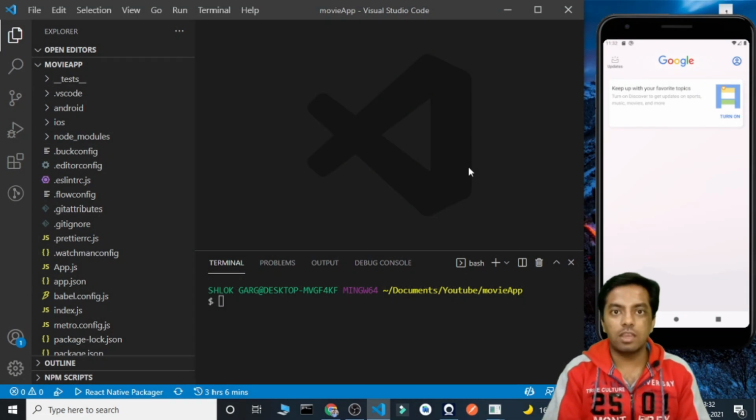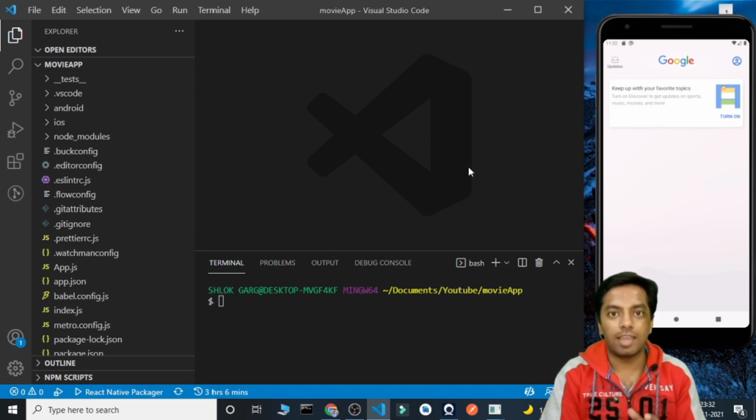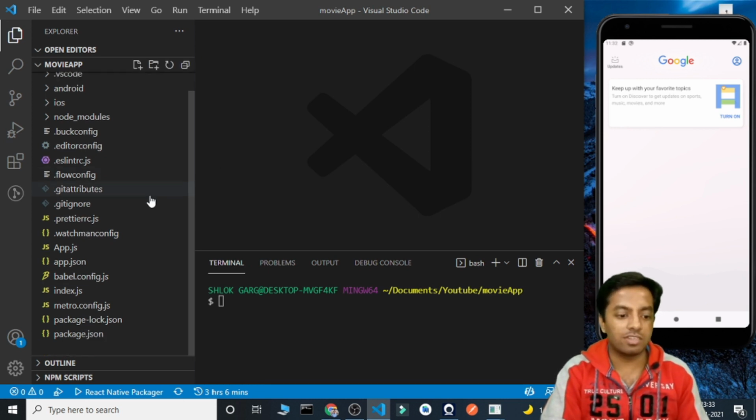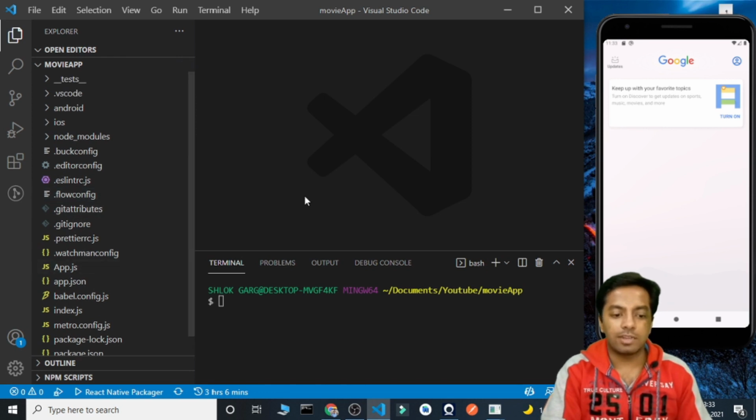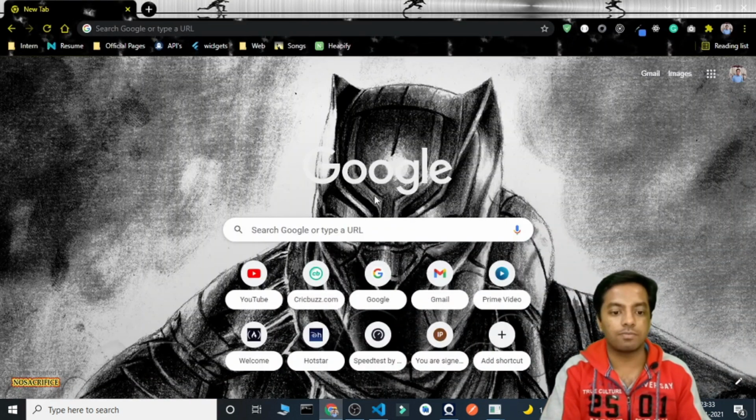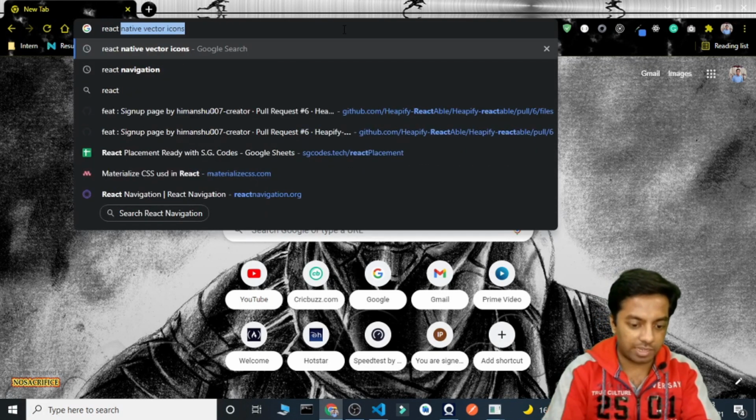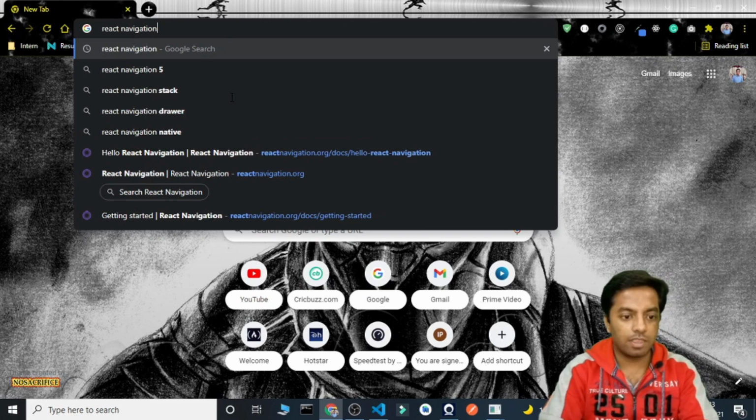Okay, so to begin with, I have created a template React Native project. You can create this using the command npx react-native init and then the project name. So this is the template project that I got. Now, in order to continue further, we need to install some dependencies. These dependencies will be React Navigation and React Native Vector Icons. So let's begin by installing React Navigation. Here I'll type React Navigation and